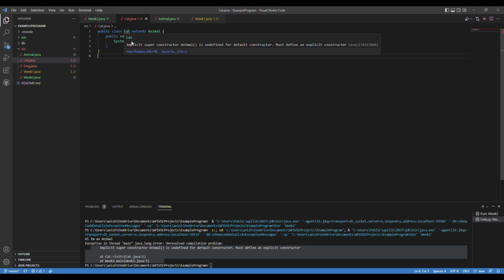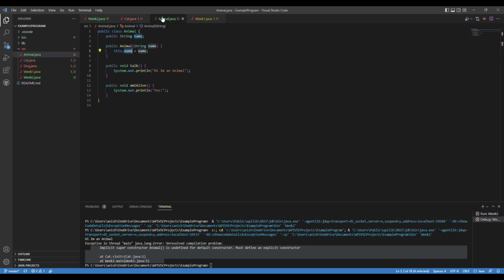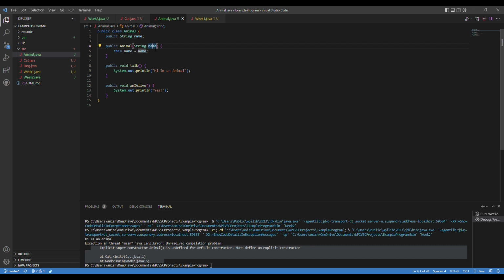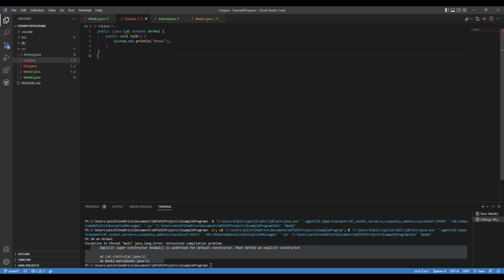Now this just sounds like word soup when you first take a look at it, but if you analyze what it's trying to say, it suddenly makes a lot more sense. The constructor for the extension, which is called the super in this instance, is undefined. So it's undefined, and you'll have to define an explicit constructor. What that tells us is if we're extending something and we're inputting a certain argument into it, and we do stuff with the argument, for every class that extends it,